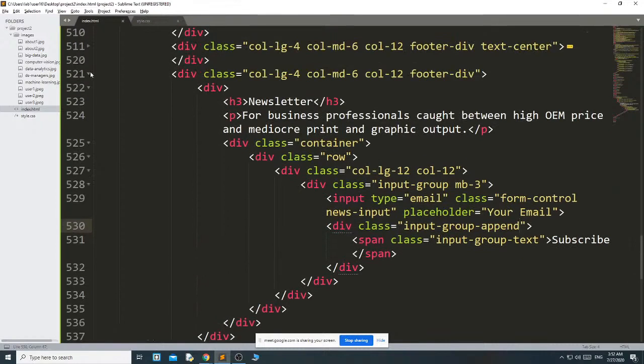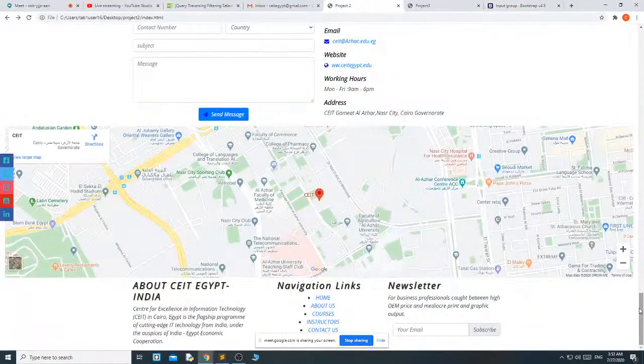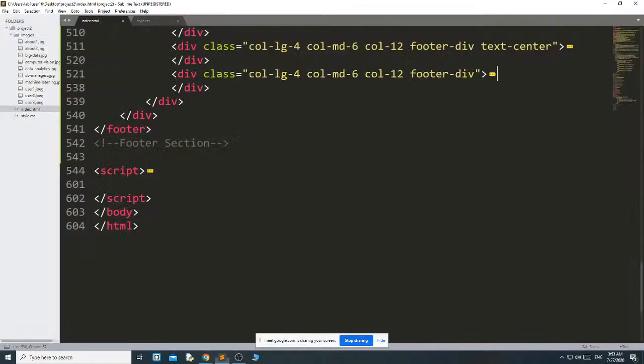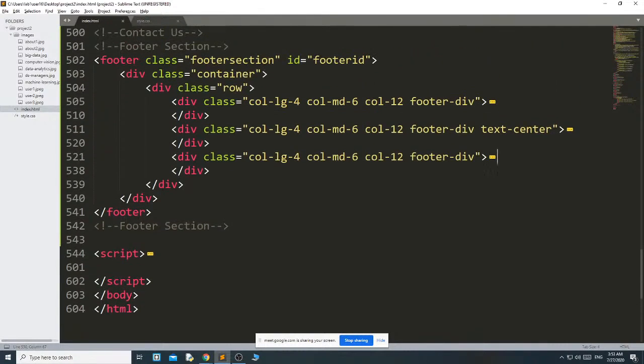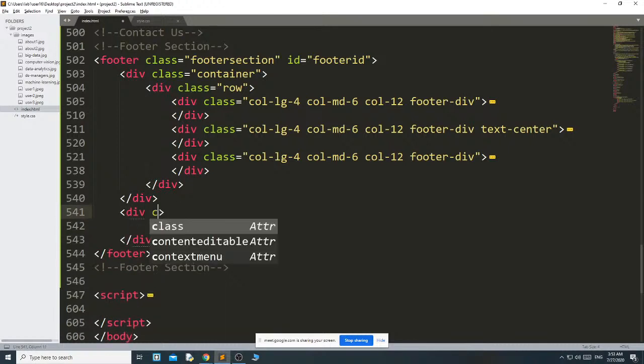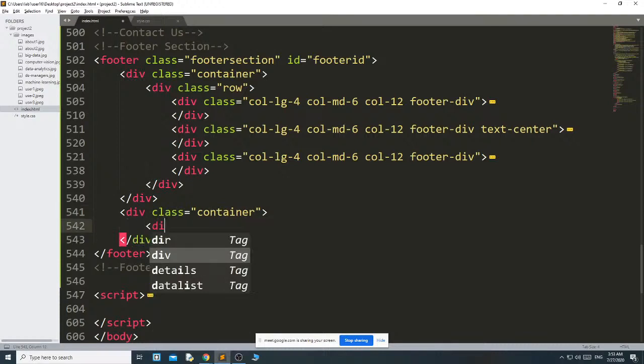Like we have created the newsletter, this newsletter. Okay, we will design it. These 3 we have created, then we will design all the things. Then the next one is this container. Okay, then after this div, create again div class container. Inside this I need another div